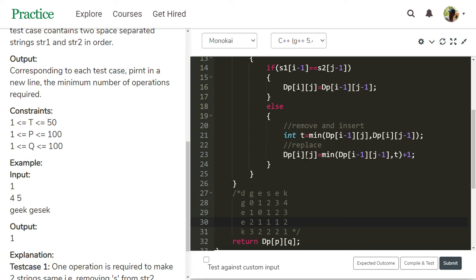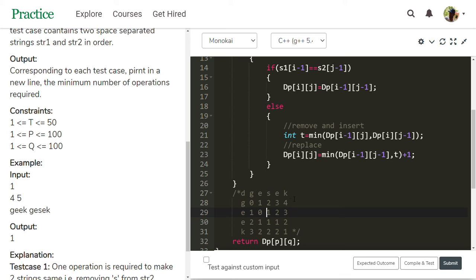And see, this one is affected by this 0, which says the insertion. This is the replacement, this is the insert.